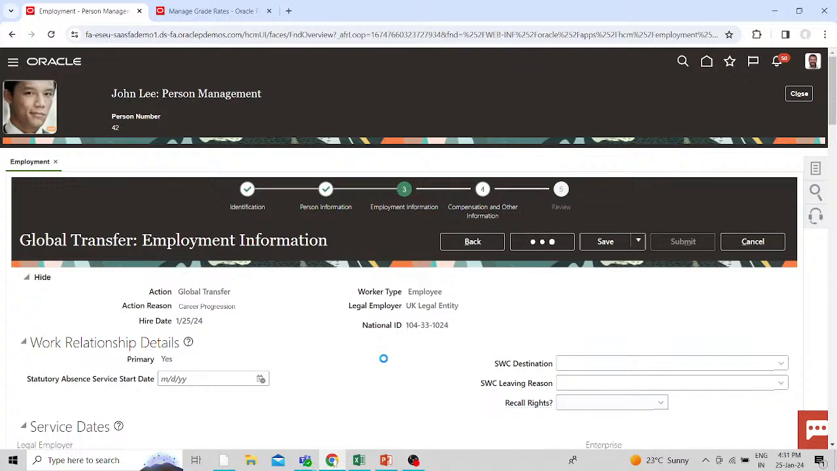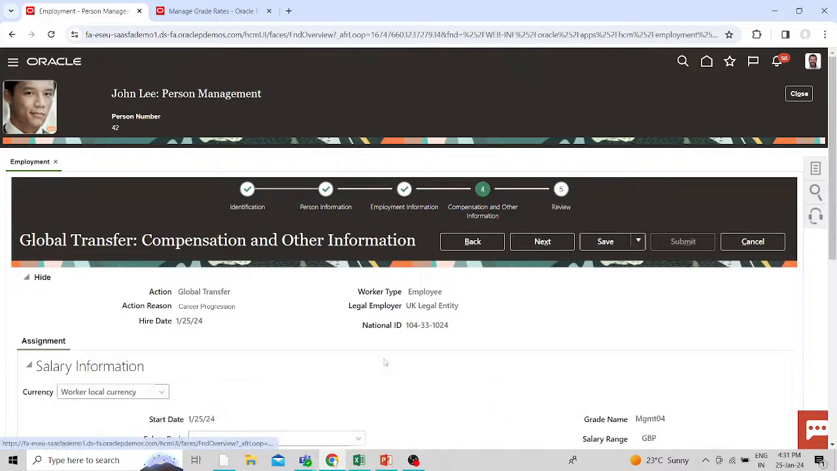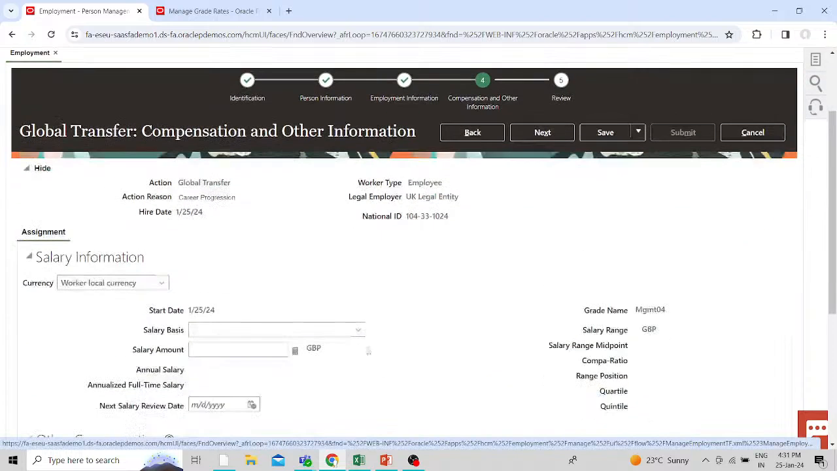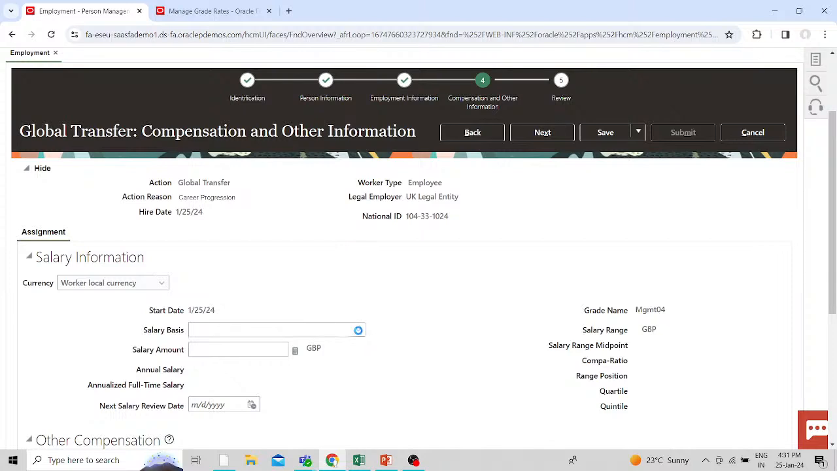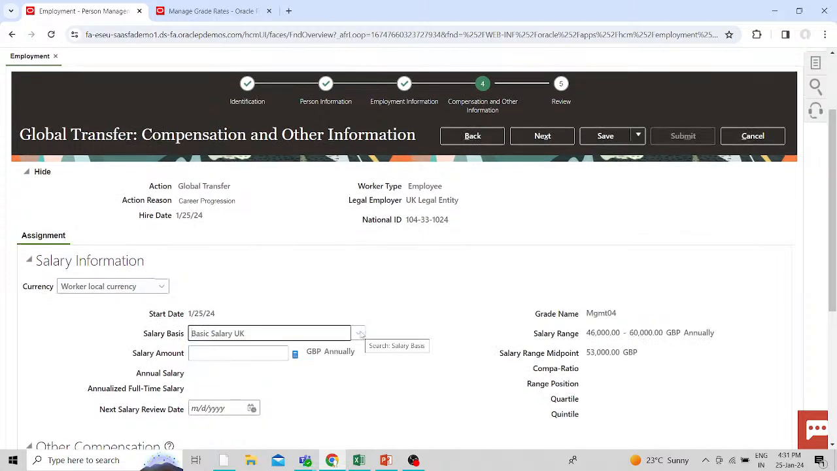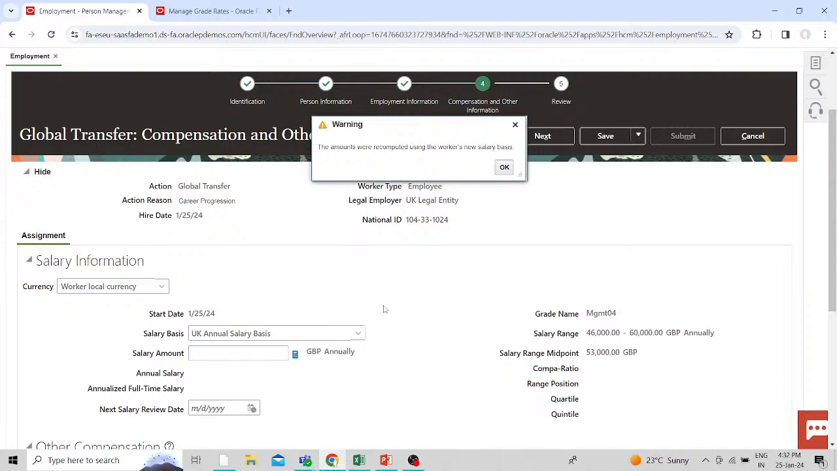There we have to define the compensation and the salary details. So here we have to select the salary basis. Here you can see this is a basic salary UK. Here you can see the salary range between 46 to 60, GBP. And if you select the UK annual salary basis,